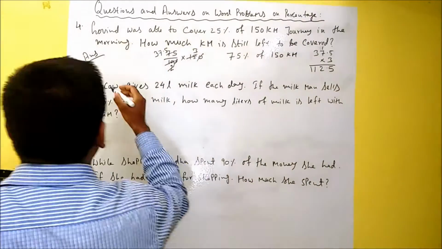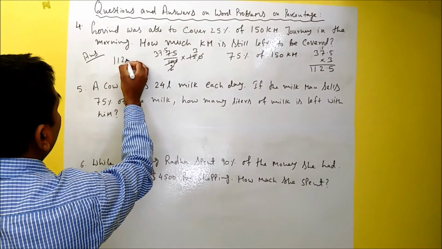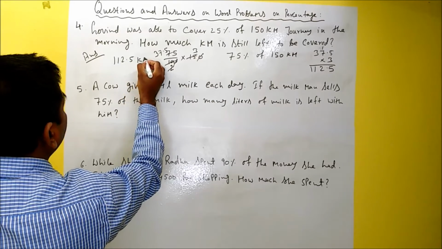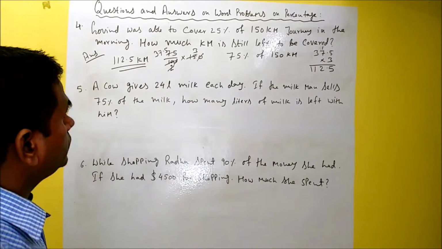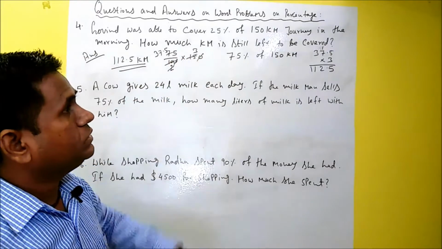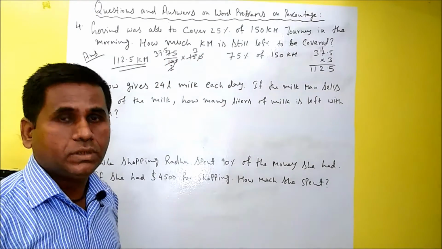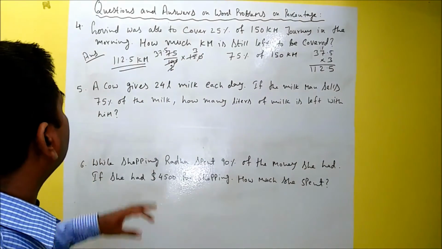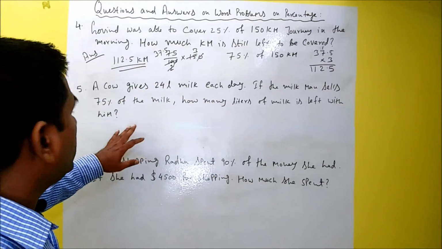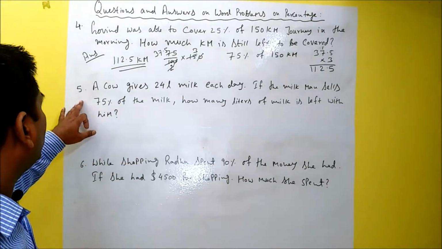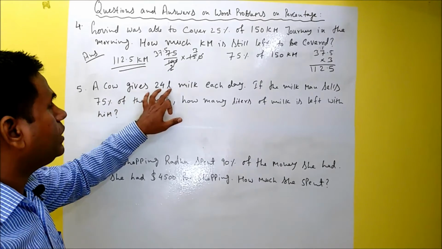So 112.5 kilometer is the distance which Govind has to cover. That's the answer. Fine. Now let's move on to the next question, which is a cow gives 24 liter of